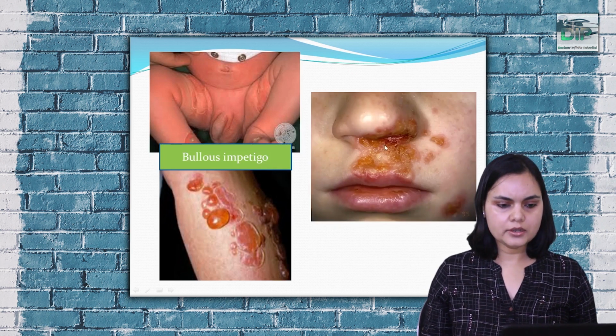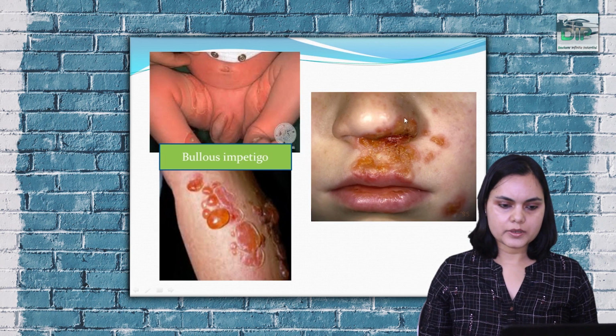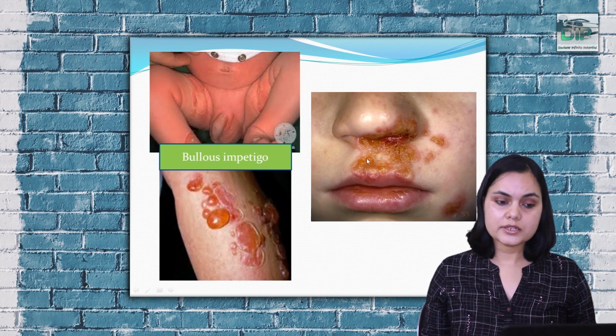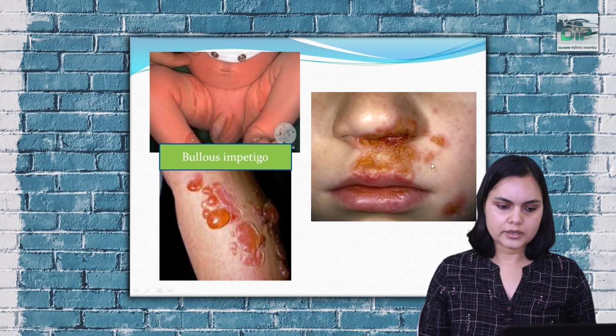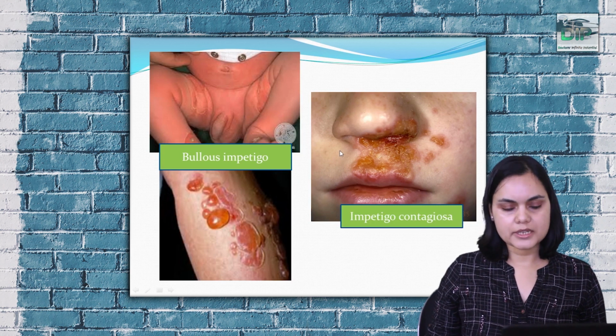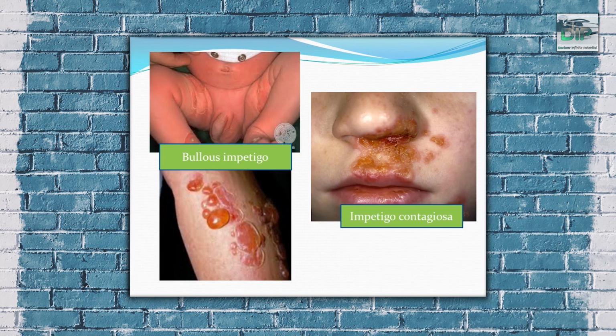Similarly, in this another picture, we can appreciate crusting in the perinasal and perioral area. We can appreciate a larger area of crusting, and the crust is characteristically yellowish brown in color, adherent crust. Similarly, other smaller lesions are also there in the other parts surrounding the oral area. This is a picture of impetigo contagiosa or non-bullous impetigo. This is how impetigo presents in children. This is a characteristic photograph.